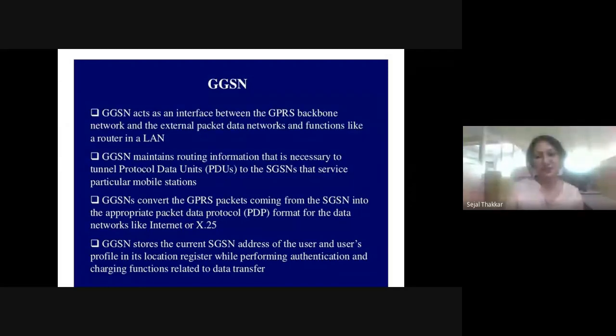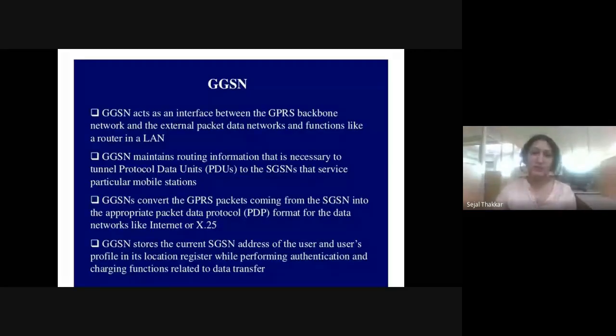GGSN converts the GPRS packets coming from the SGSN into the appropriate packet data protocol format for the data network, like internet or X25. So packets coming from the SGSN have to be in a proper format like X25, and then they are routed.